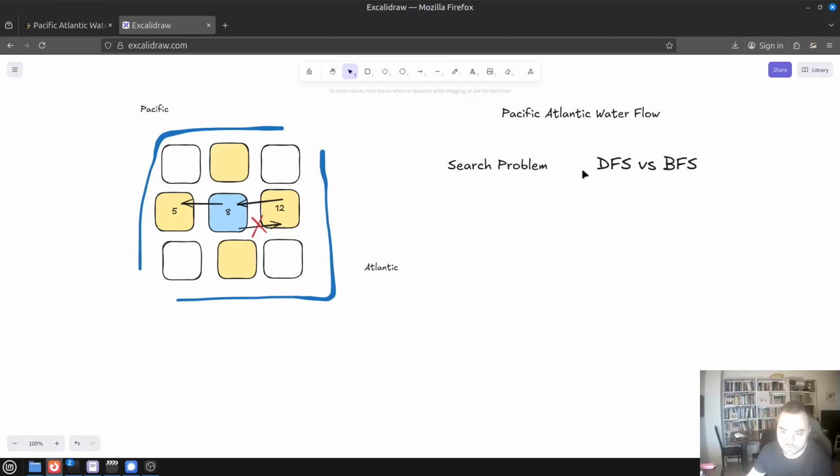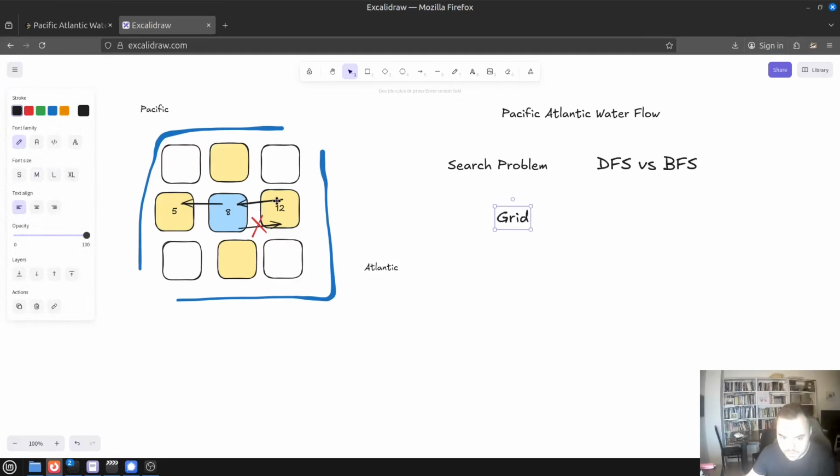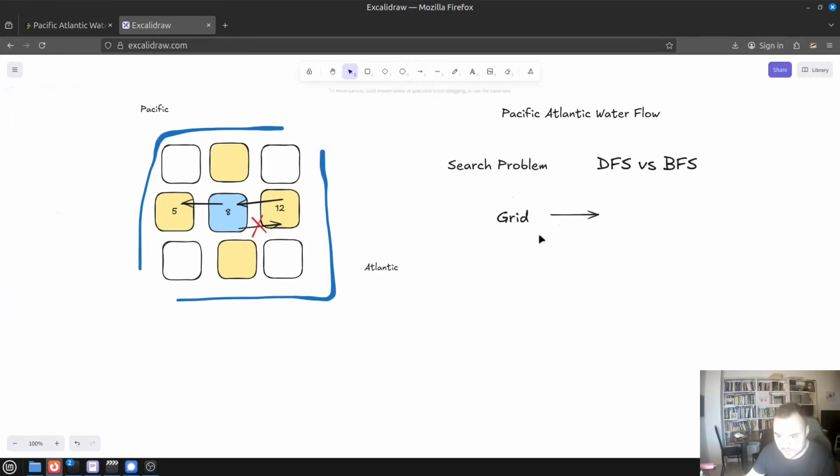Yeah, so we have to think about a way such that we will traverse this graph or this grid. And every grid can also be thought of as a graph, and we will have to validate in each iteration of the traversal this specific condition about heights. Yeah, so grid is also a graph,